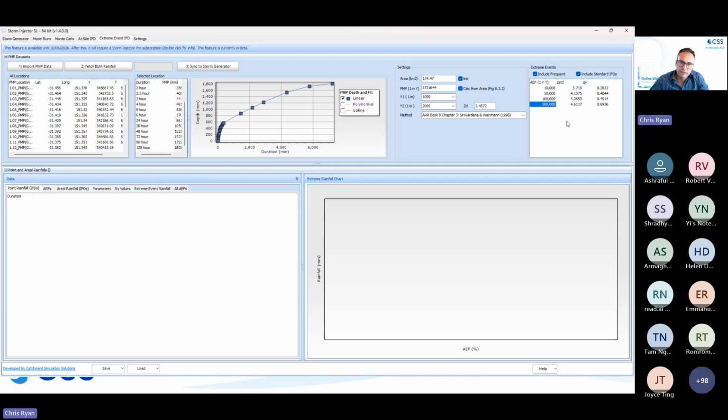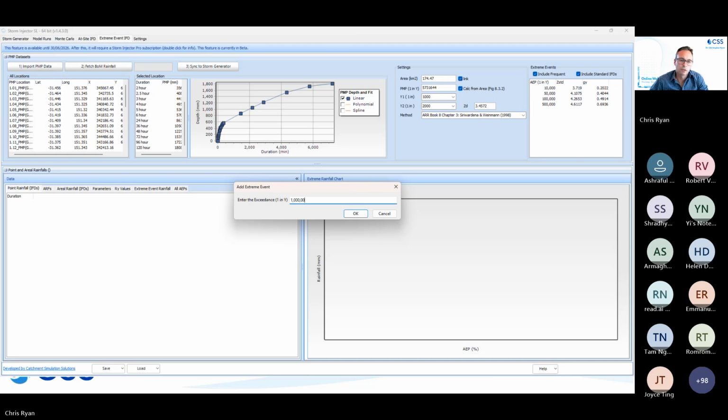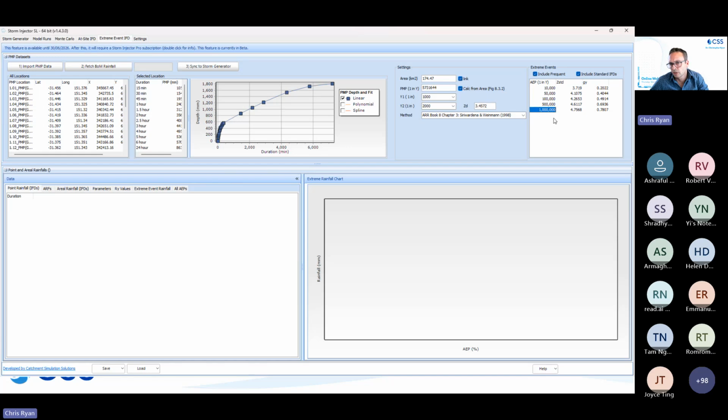So given the PMPs are 1 in 5 million, we might want to add some more events here. So we could add a 1 in a million, for example, 1 in 1 million exceedance probability, and then it would just add that there and calculate the Z standard and other factors that it needs to do the interpolation. So once we're happy with that,